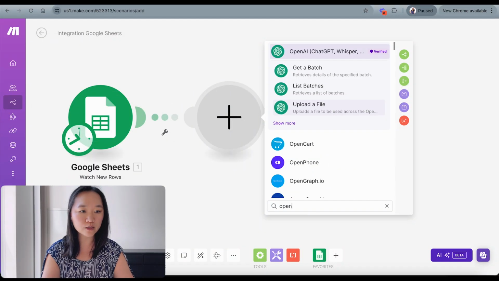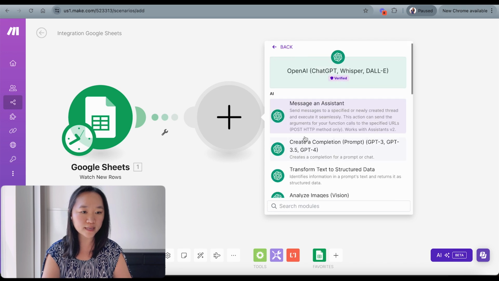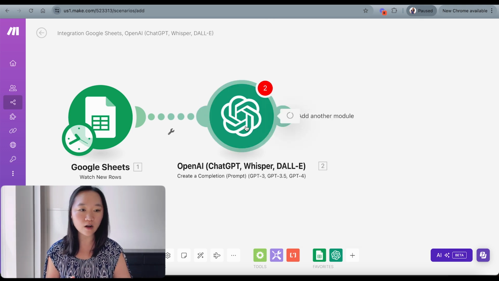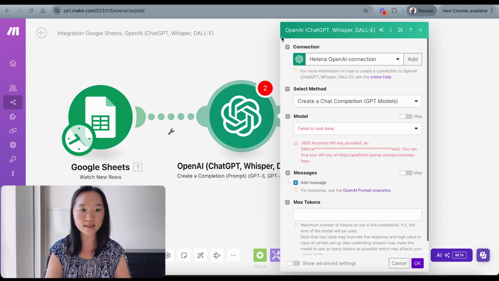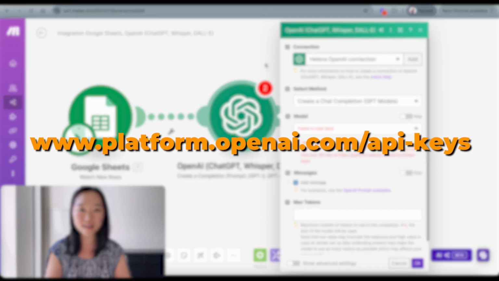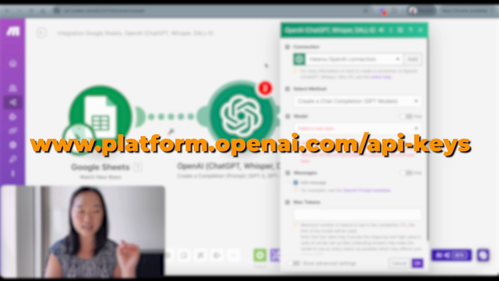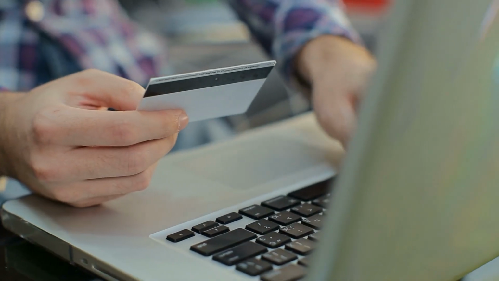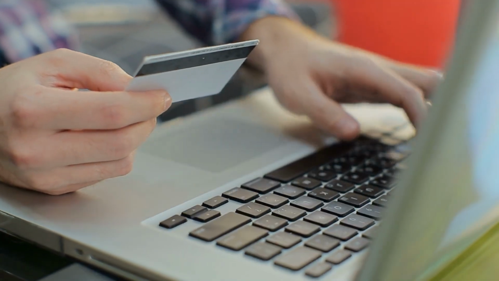So I'm going to search for the OpenAI module from the list and I'm going to select OpenAI, and then I'm going to select create a completion. If this is your first time connecting your OpenAI account to make.com, you will need to get your API key. In order to get your API key, go to platform.openai.com/API-key, and you will be prompted to enter in your credit card information before you are able to generate an